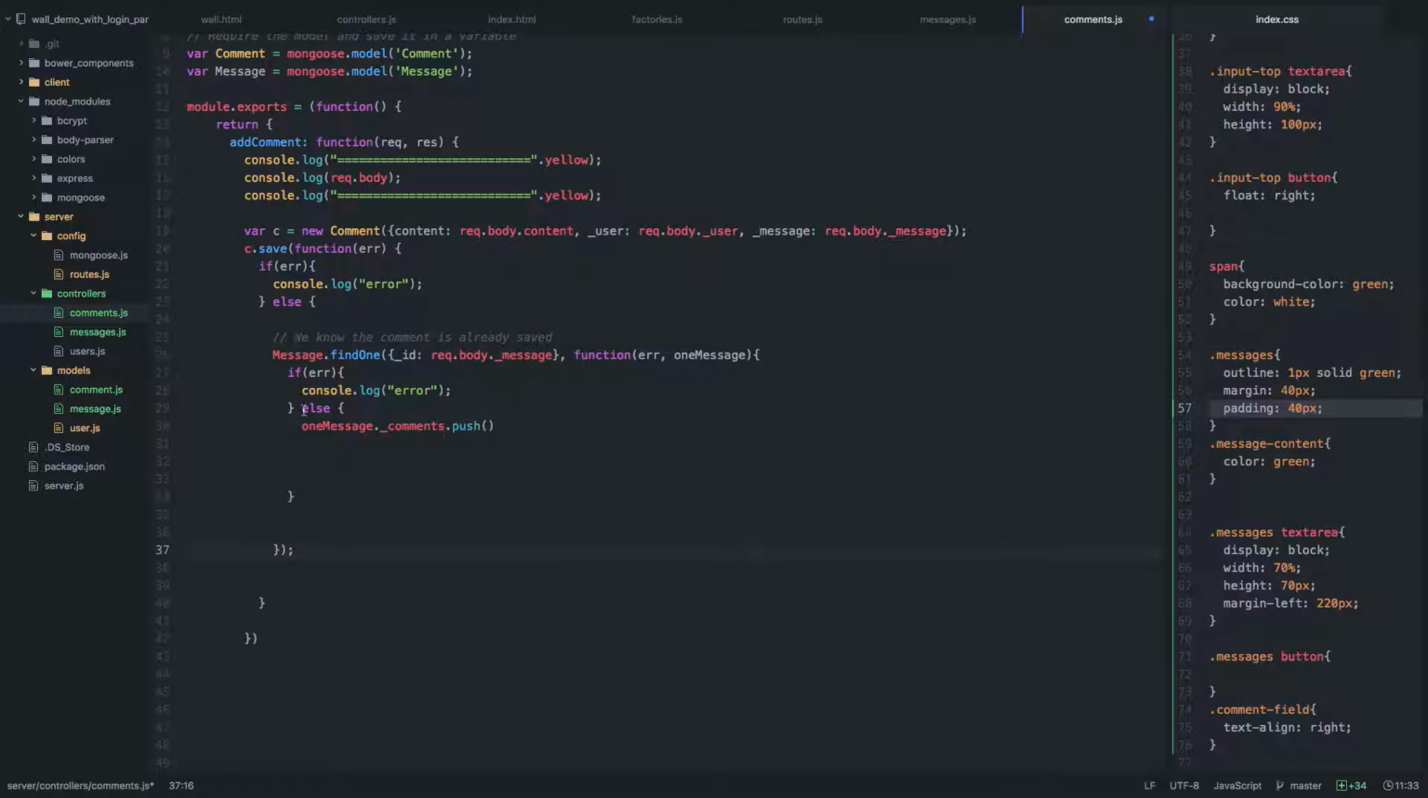So now we're going to find the one message, and then we're going to push the c._id into that array of comment IDs. Now once we do that, we've got to save the changes, right? Because if we don't save the changes, we just did that for nothing. So oneMessage.save